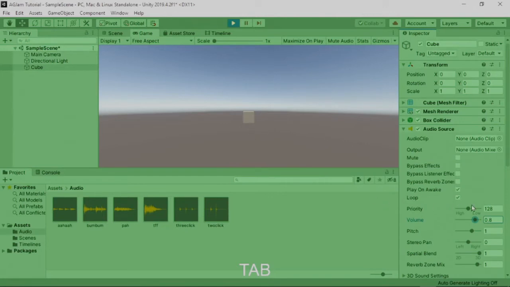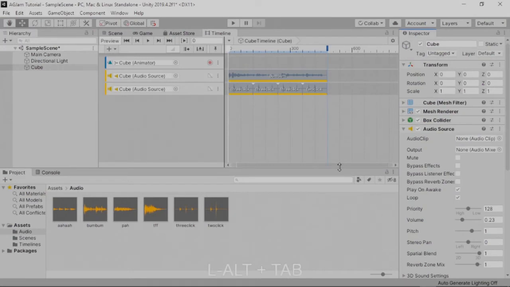But notice still that even though we have loop selected, the sound isn't looping. And in order to fix that up, we need to make sure that the timeline is looping. So not this clip, this loop means that it will loop that audio clip. We need to loop the timeline. And in order to do that,